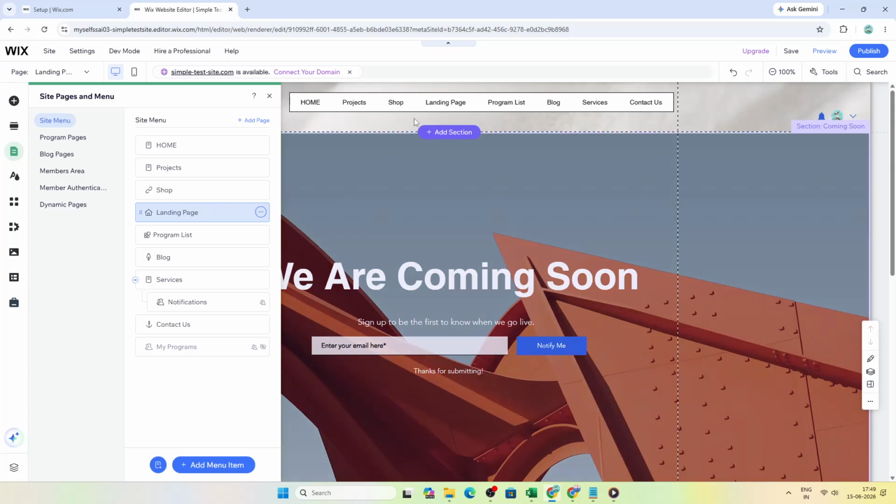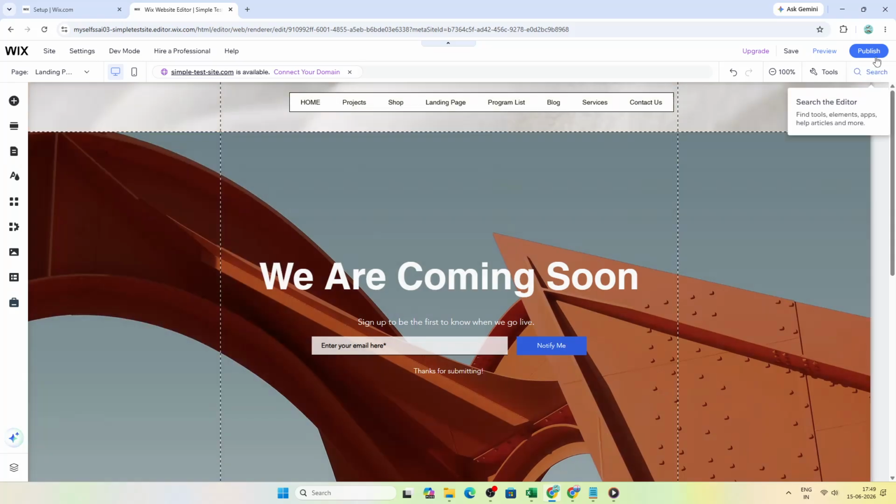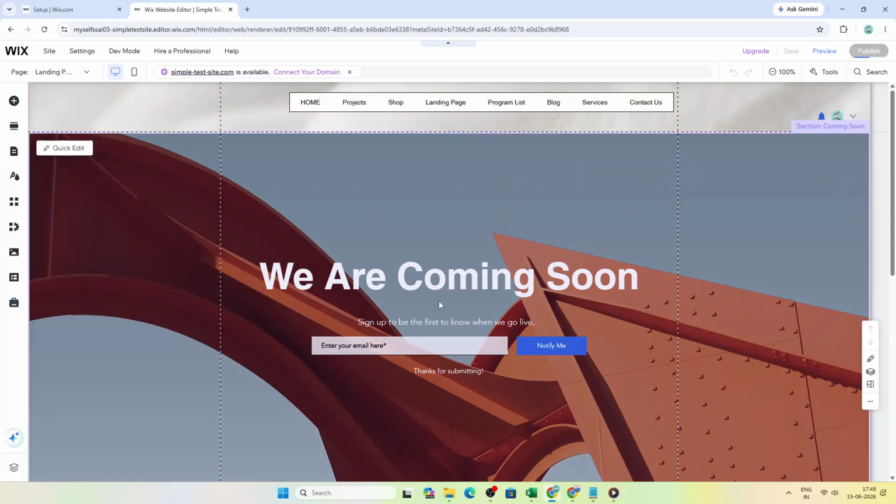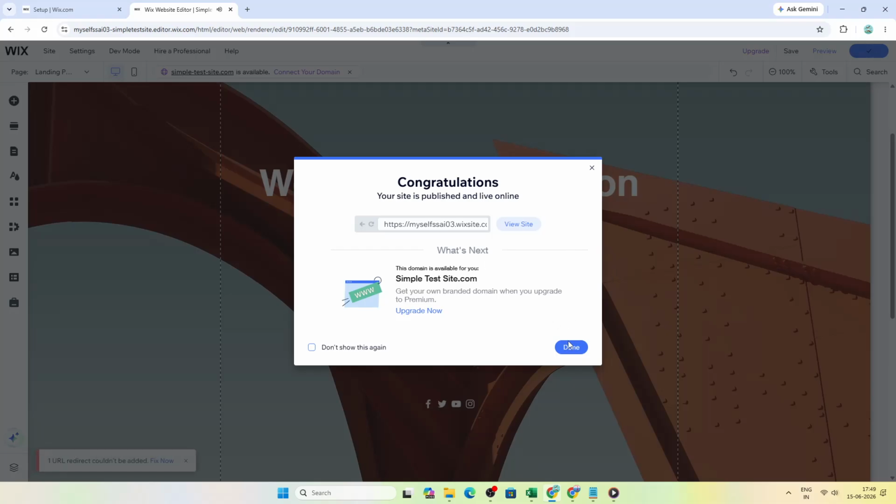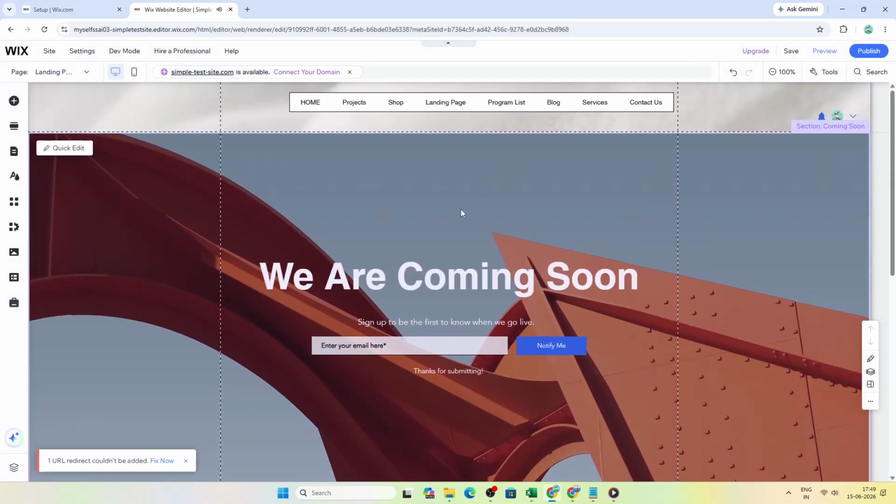Finally, click Publish in the top right corner of the editor to make the change live on your website. If you skip publishing, the new homepage setting will stay only in the editor and won't be visible to the